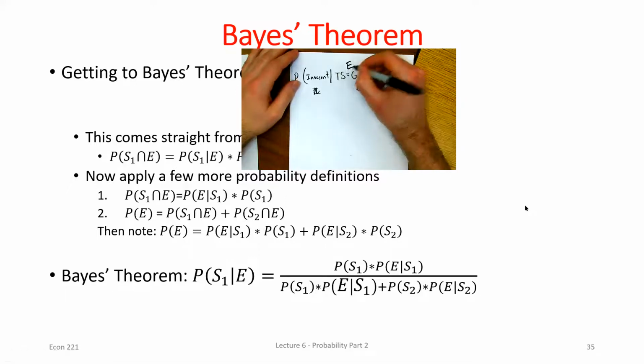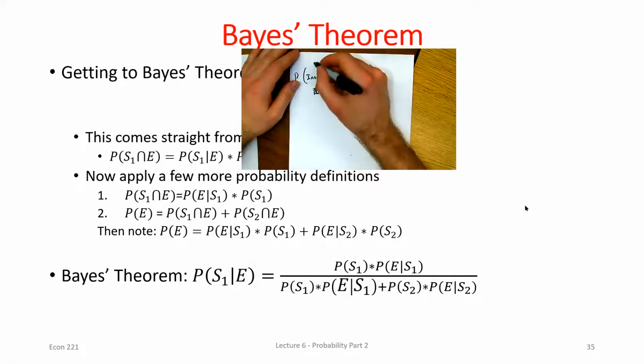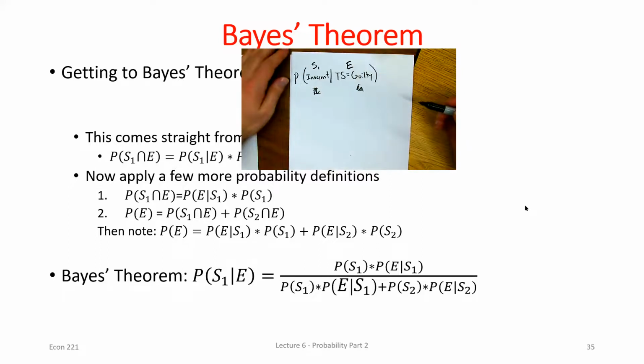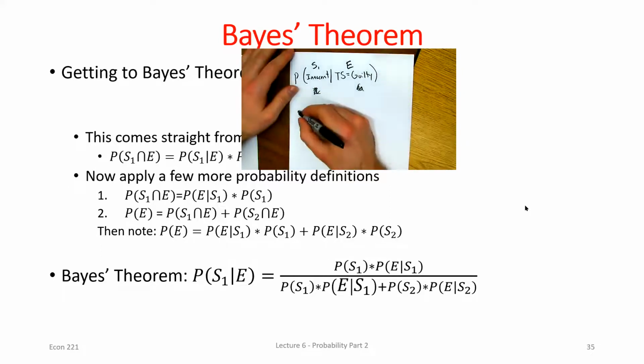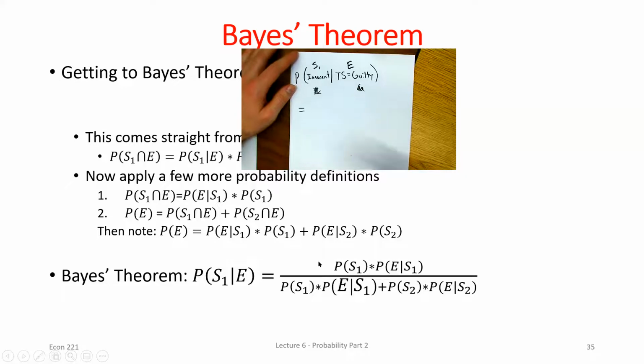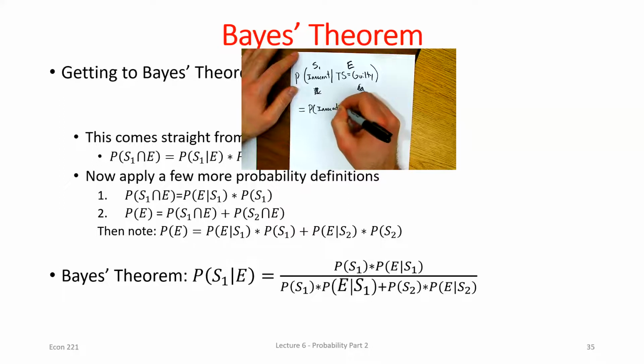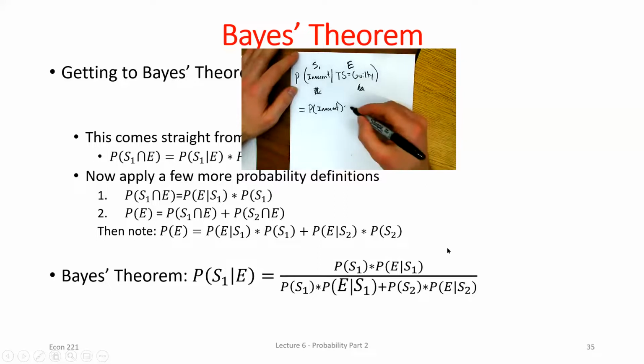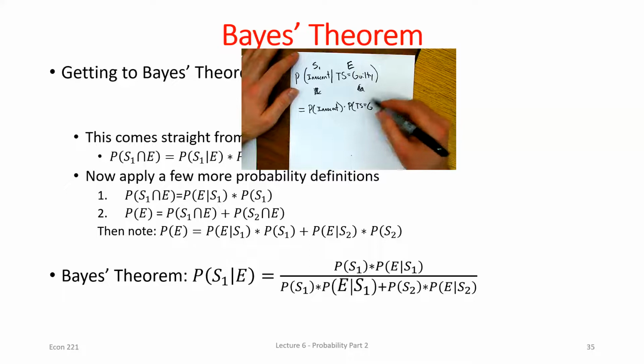So this was my outcome of the test E. And here's my state of nature 1. Right? So I'm just going to write out this formula in the context of my example. So the probability of S1 would be the probability that someone's innocent times the probability of E given S1. Well, my E is that the truth serum makes them say they're guilty. I'm going to shorthand this with just a G here. Given S1, so that was that they're innocent,